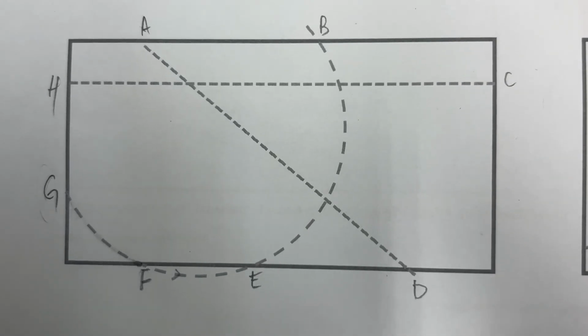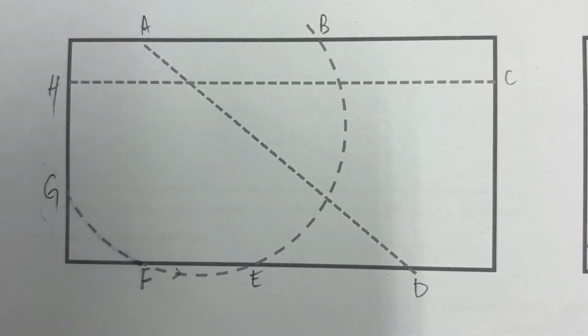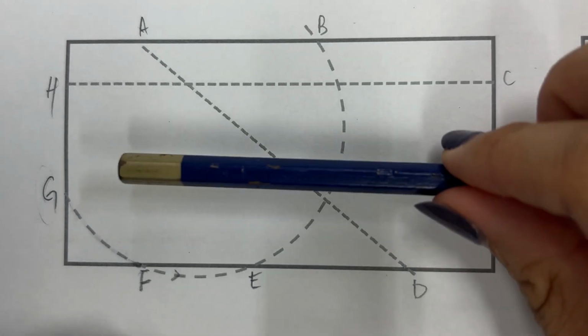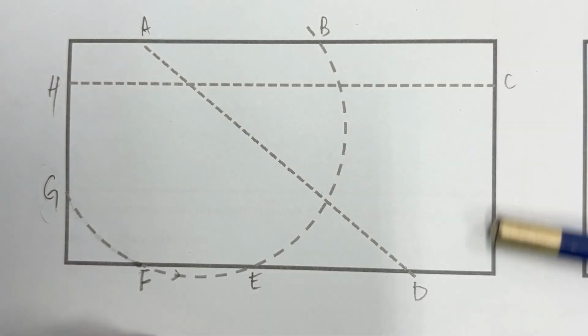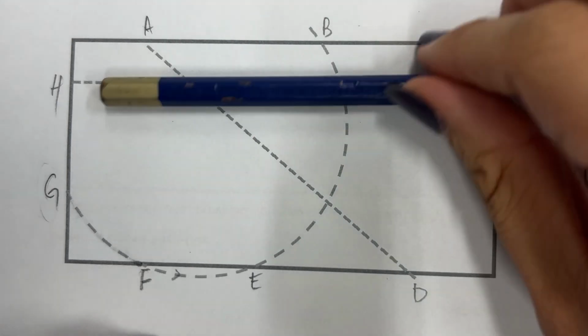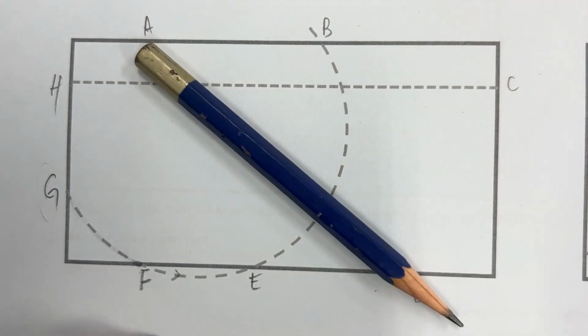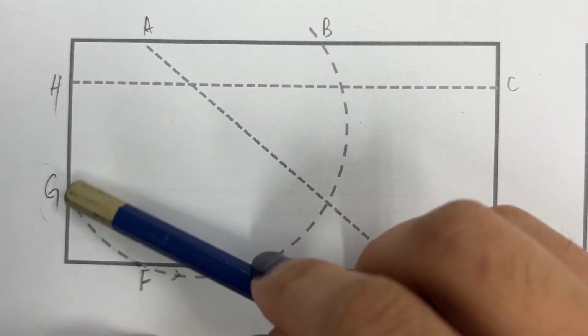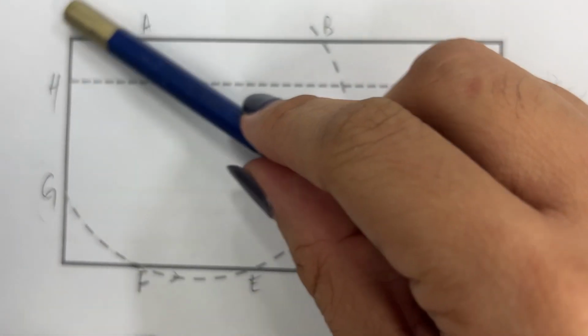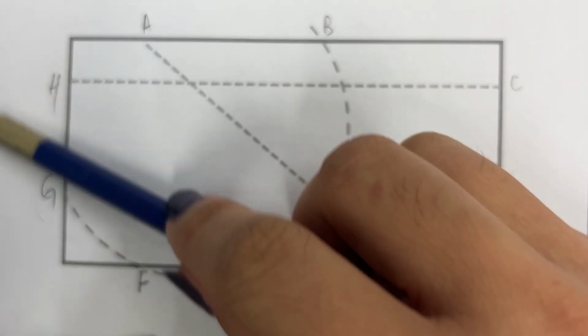Okay, in this video, I'm going to show you how to use guiding lines to come up with different shapes that we could start with for ideation. So, as you can see, this is a printed box with dotted lines. There's this horizontal line and this slanted line, and also part of a circle, which is an arc that is drawn here. Now, because it went out of the box, whatever is outside the box,